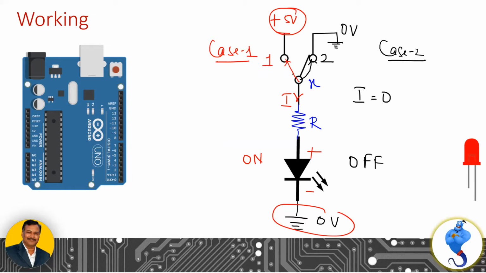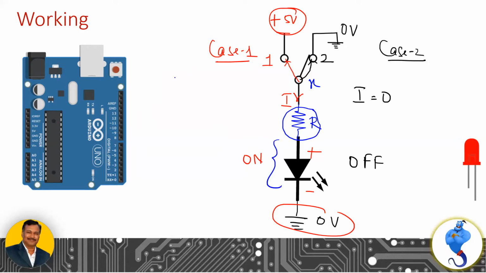By manually positioning the switch at point 1 and point 2, you can either turn the LED on or put the LED off. The most important thing here is you need to know the value of resistance that I should put so that this light emitting diode is not damaged by the excess current supplied by the power supply. We need not worry about that for case 2, because in case 2 we are not having any current. In case 1, the circuit is supplying a positive 5 volt, and I have to make sure that this light emitting diode is not damaged by excess current supplied by this power supply.